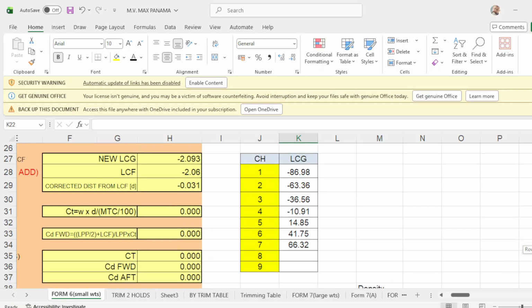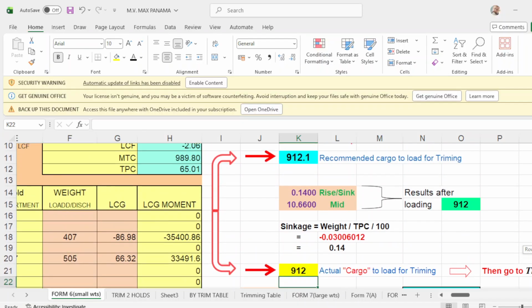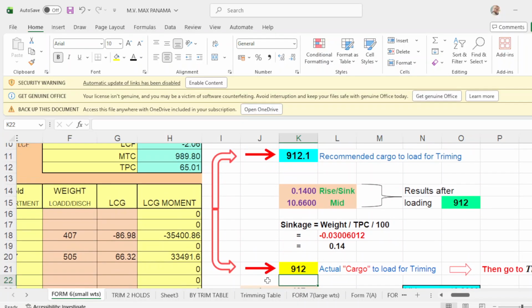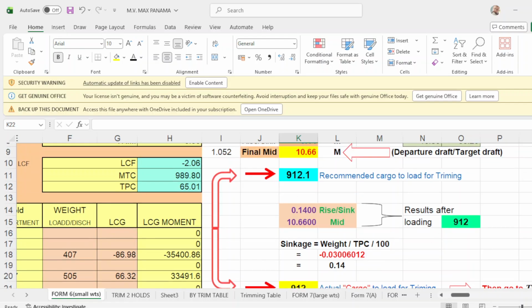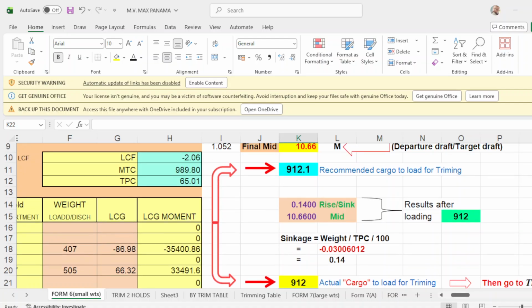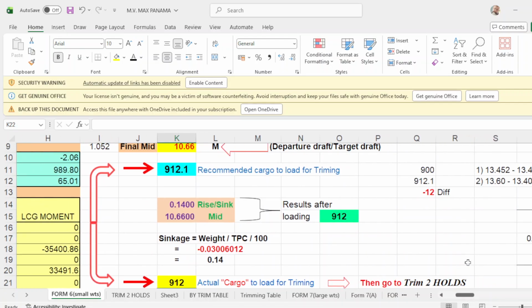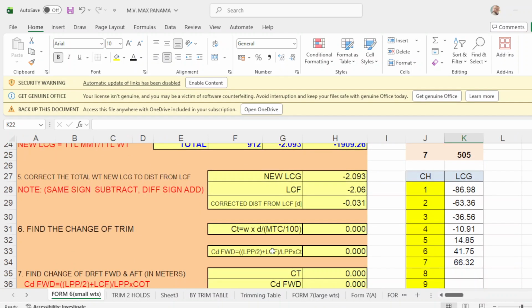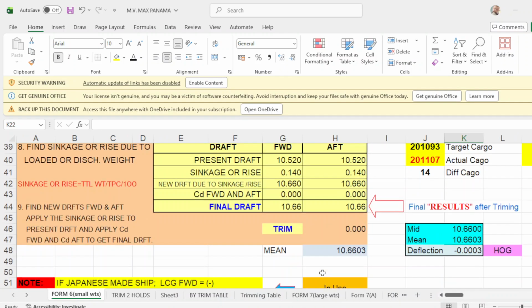So what I'm trying to say is, I would rather load 912 metric tons of cargo as from 900. So you have 12 tons more, but you get the same drop of 1066. So that is what it meant.